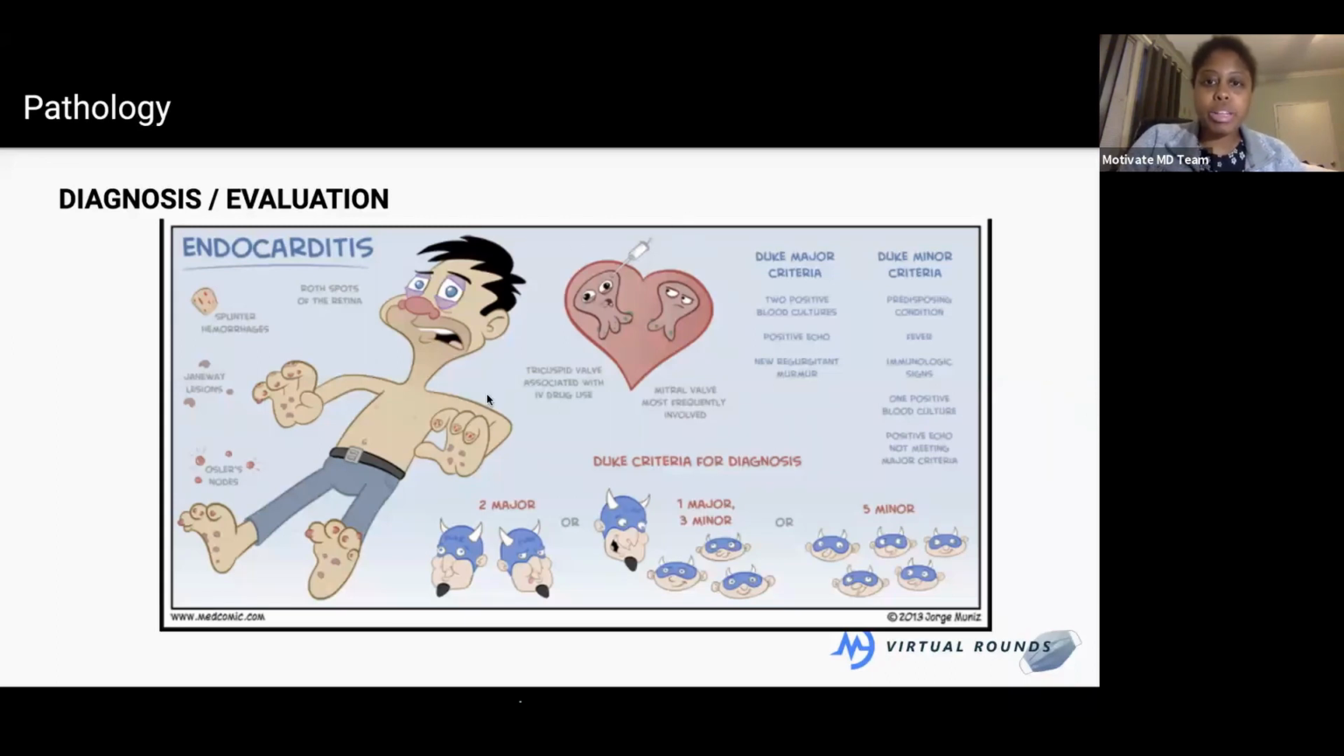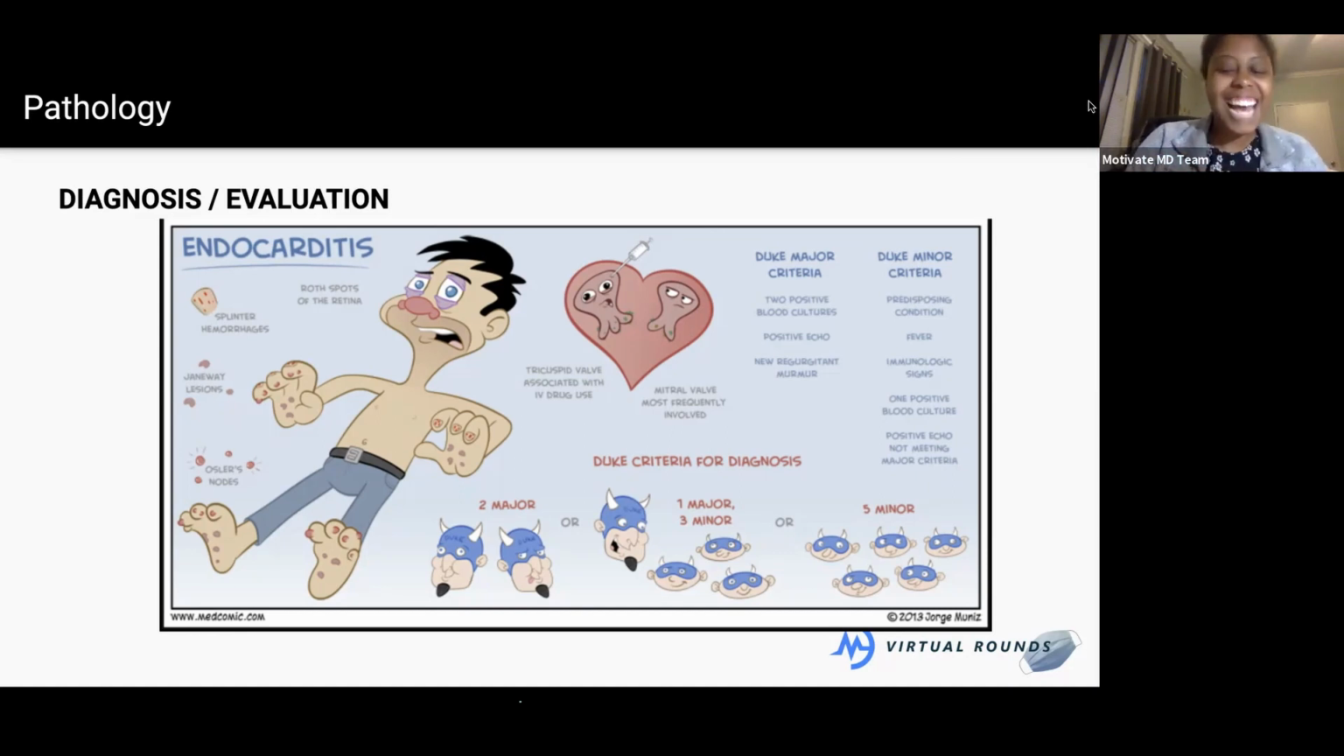As I mentioned before in the middle part with the heart, the mitral valve is most frequently involved in endocarditis, but the tricuspid valve is most associated with IV drug use. And then it's like, well, okay, so we have all of this, but how do we actually diagnose endocarditis? So there's something called the Duke criteria for diagnosis, which I'm very biased towards